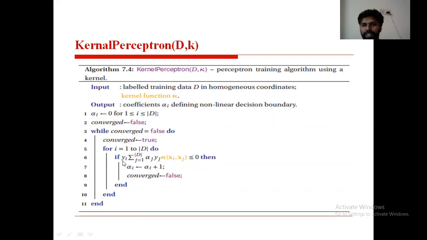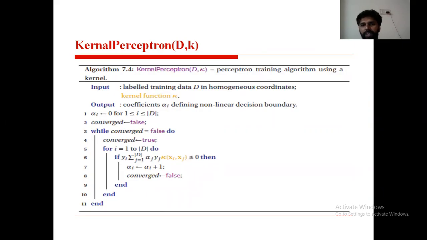Here the condition is if yi times the summation from j equal to 1 to mod D. Here mod D indicates all the instances in the instance space, all the training instances in the dataset D. This is the algorithm we use to perform the kernel perceptron.